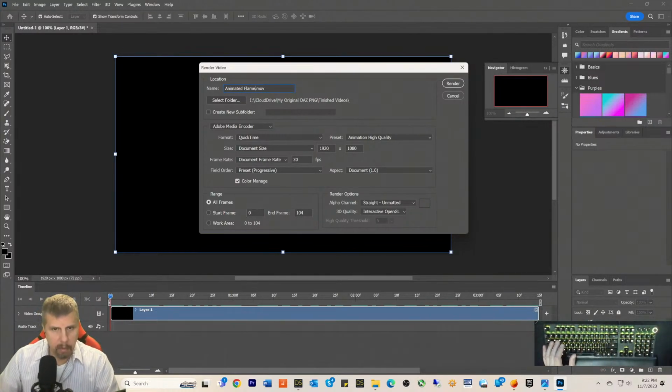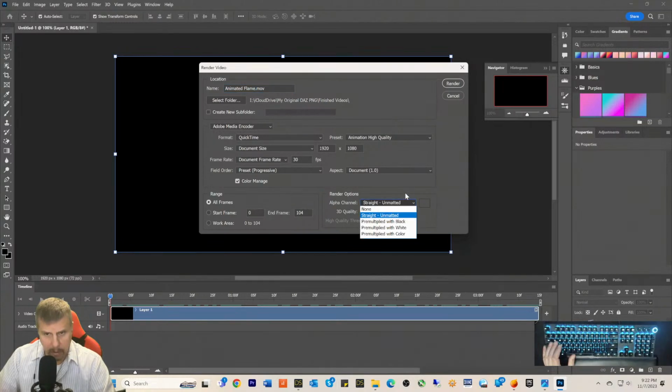Animated flame dot mov, and you have to select these render options so that you have interactive OpenGL, and you have straight unmatted in these drop downs, or else you won't. Oh, actually, you don't need that for this, because I don't think it will create a